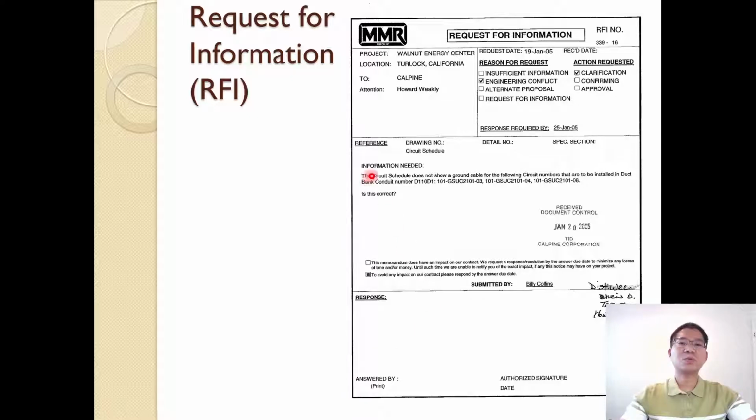For example, the circuit schedule does not show a ground cable for the following circuit numbers installed in the duct for the drawing numbers, so is that correct? The engineer responds with a clarification so that you do it right the first time. The reason for the request in this case is an engineering conflict, and the action requested is clarification.